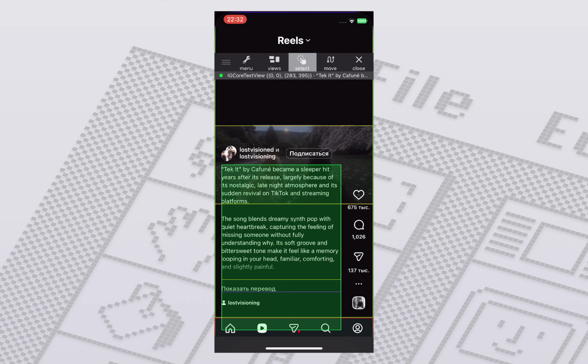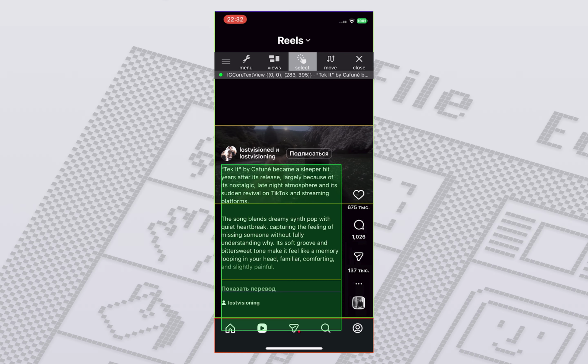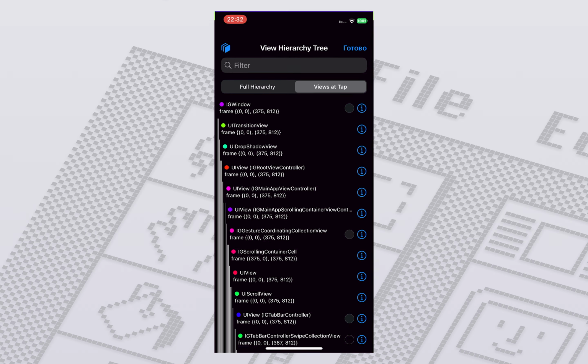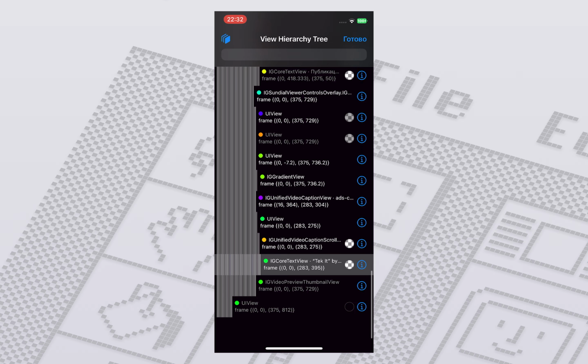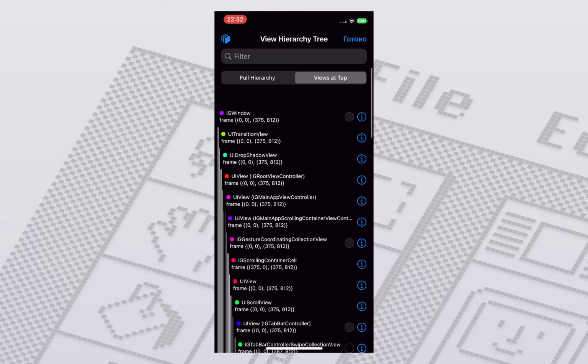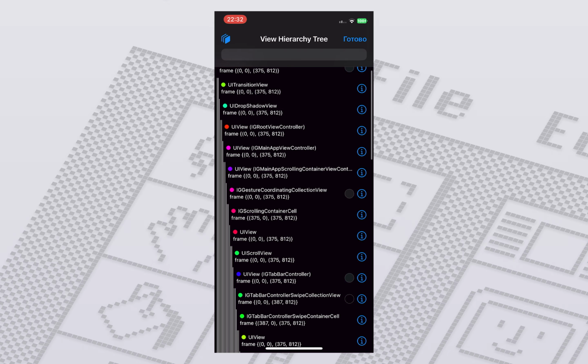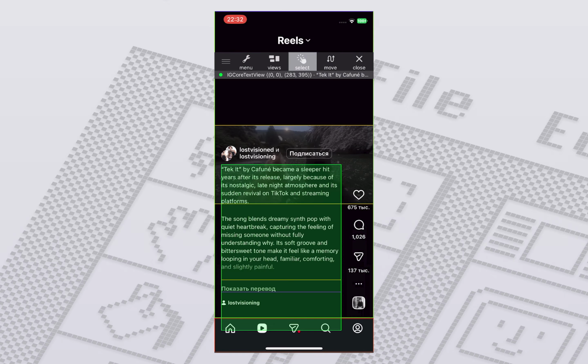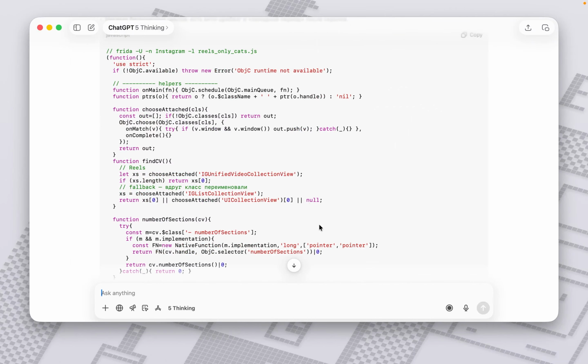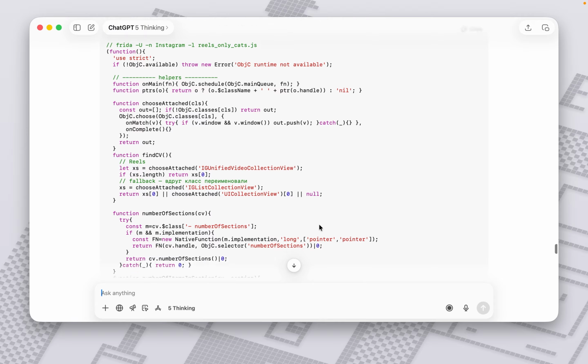Then I'm taking that whole chunk of info and feeding it into GPT so it can generate code for me, basically the exact implementation I need. After that, I'll just run the generated code, test it end to end, and if it works, it means the entire captioning part is automated too. So yeah, from here it's just find the view, extract the data, send it to GPT, run the code, and